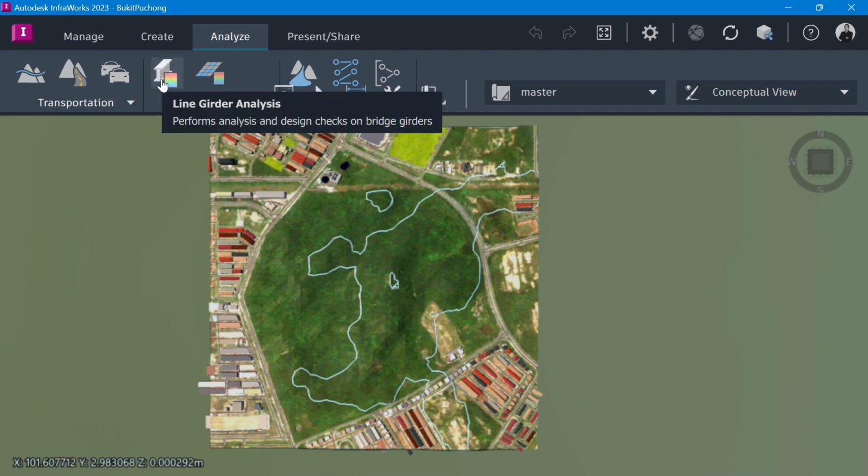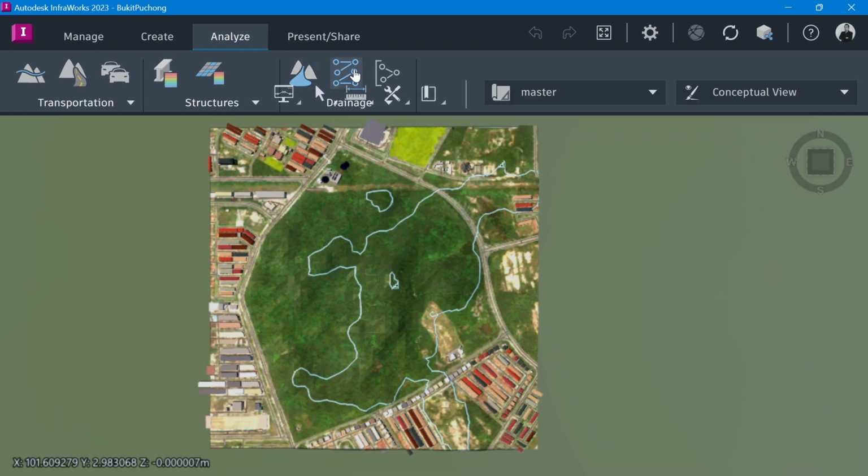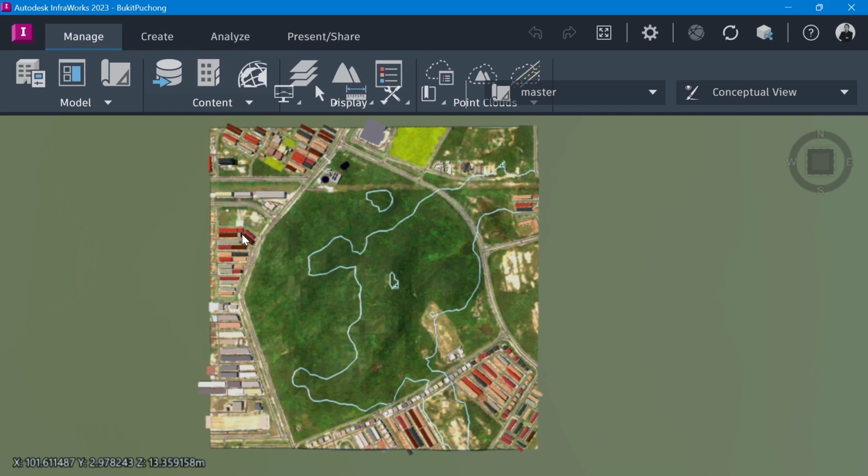And if you have the bridge girder and also the slab of the road, then you can do analysis here. Even you can do the water state analysis, and then highlight drainage for the storm management. Okay, then go to the Manage here.